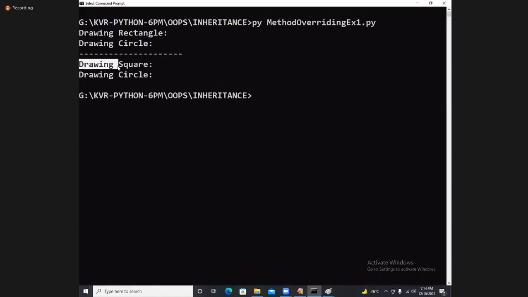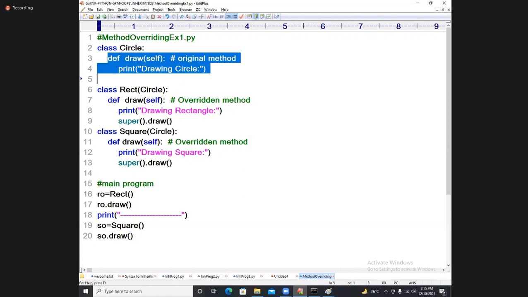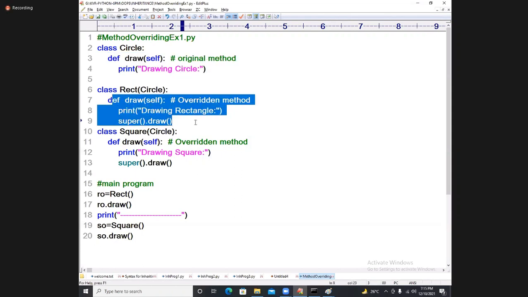So drawing square and drawing circle, drawing rectangle, drawing circle. So what is the super function used for? Calling the superclass function from the overridden method of the derived class. Did you understand?